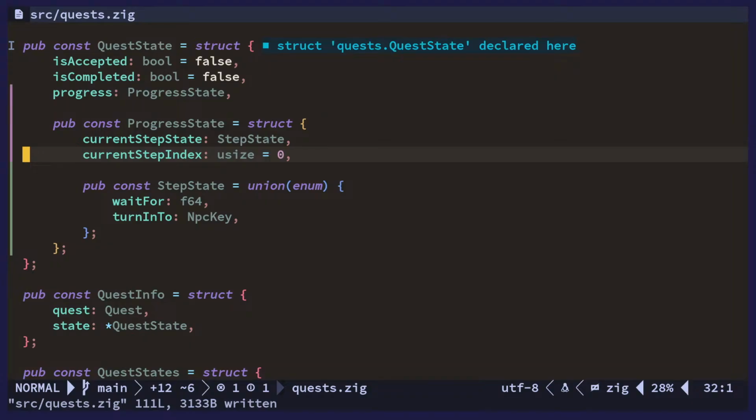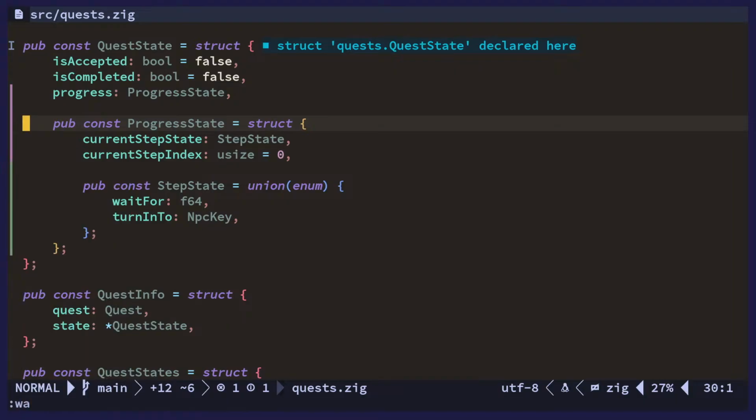And once you're done, maybe we should have max states, but we don't really need that because we have that information in the other place. So with the quest info, with the quest and the state together, you will know if the quest is complete or not. Well, you do have this bool also, I guess. The progress will also be able to tell you, but it's more complicated. Okay, anyway,